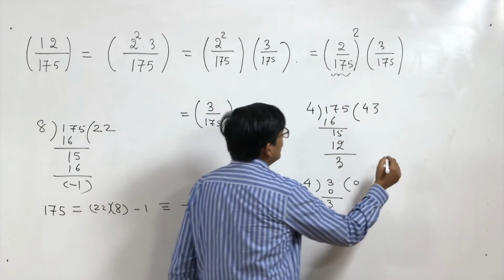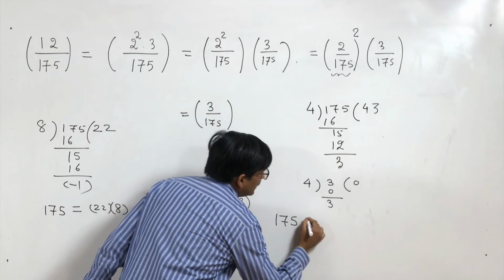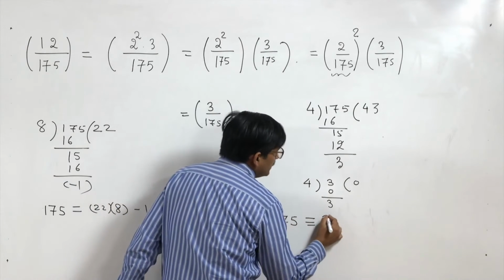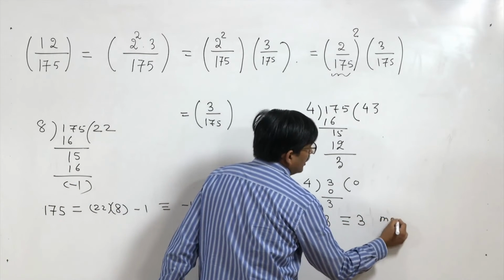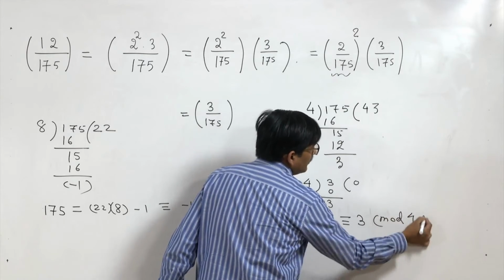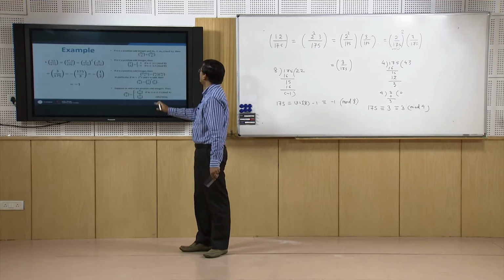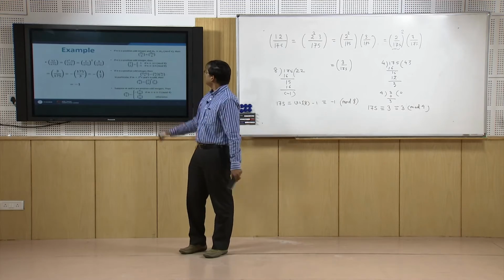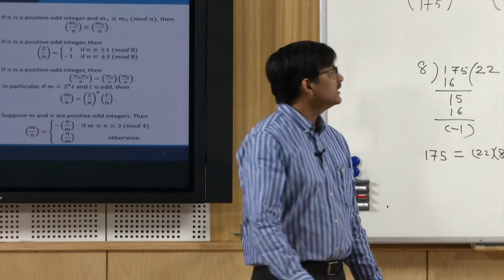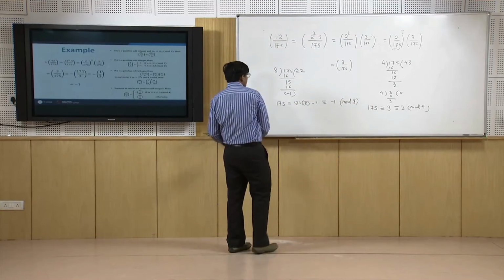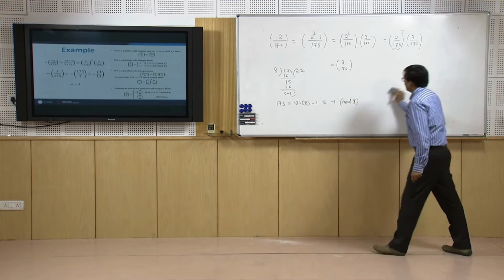Therefore, I have got, well, let me write over here, 175 is congruent to 3 mod 4, and I am writing 3 twice because I am just putting n and m over here, just like this pattern. So, we have got this, and therefore, I know you will have a switch over, but you will have to put a minus sign. So, let me remove this calculation from the board and continue